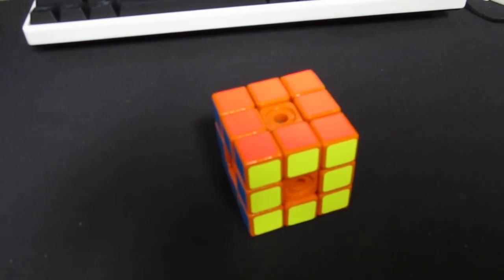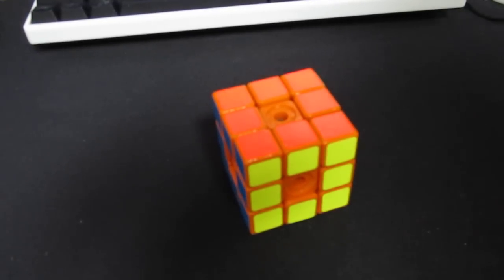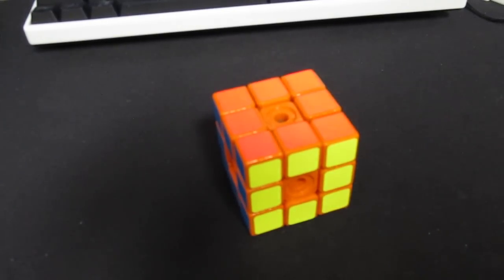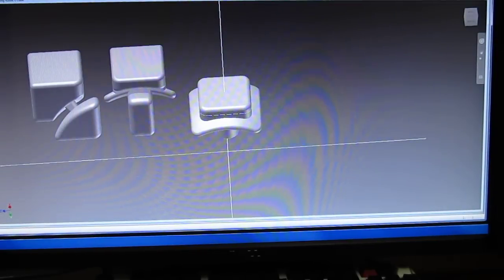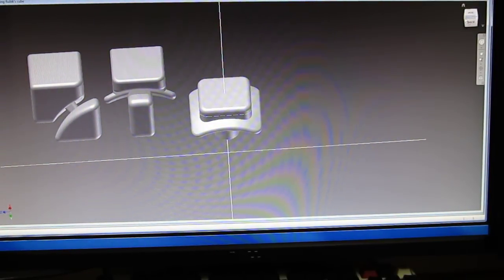I recently was able to use my university's 3D printer free of charge to make some different prototypes. I was making a couple of different projects on my own time, and I decided, hey, I've always thought it'd be kind of cool to actually have a working, true VCube 3 puzzle. And so I took advantage of AutoCAD Student Edition, free, and designed a traditional VCube 3 style mechanism puzzle,